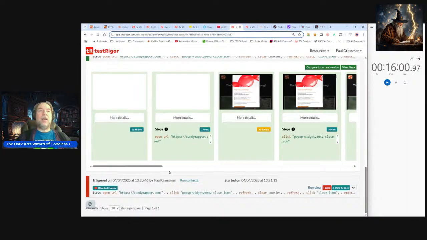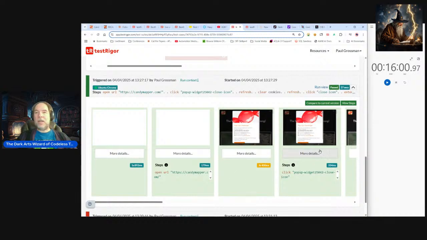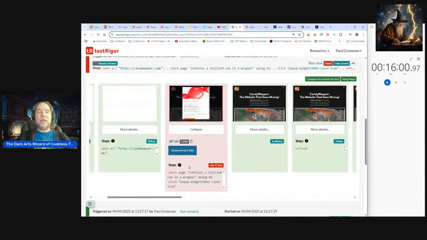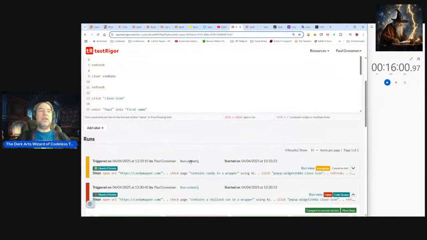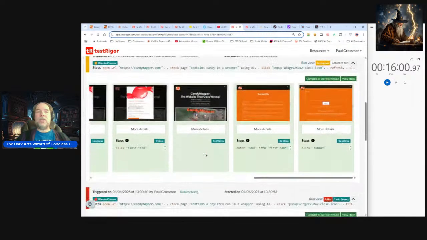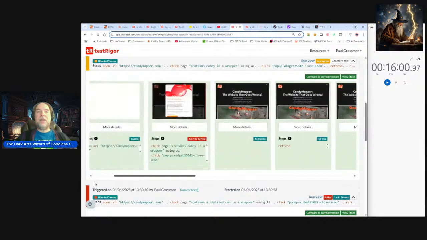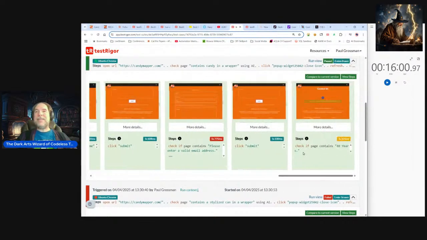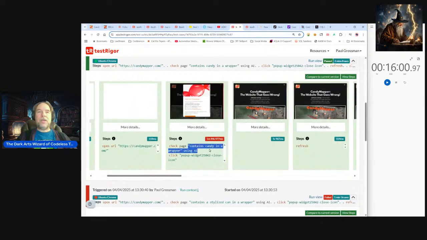All right, here we are. Let's see. I did this. This one says pop up, and so on. Let's see. That says a stylized version. And I'm going to go and retest this over here. Oh, this is the test. It's still in progress. It's still chugging away. But I want to go back and see, did we have a failure? I don't see a failure. And it is going over here. Where is my validation? Where did it go? Check the page candy is in a wrapper.